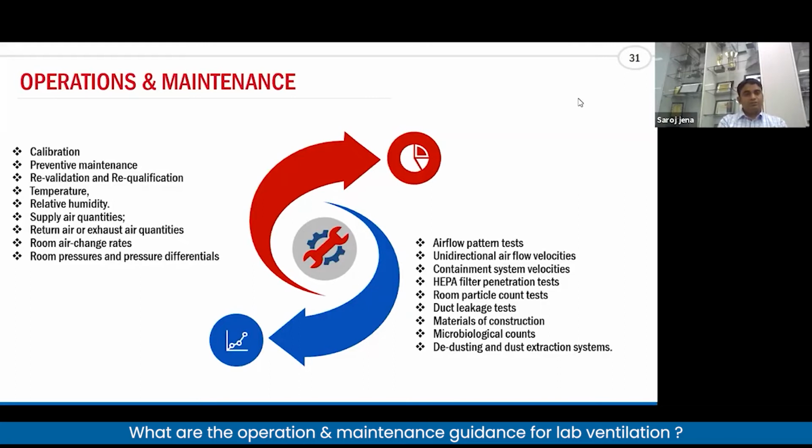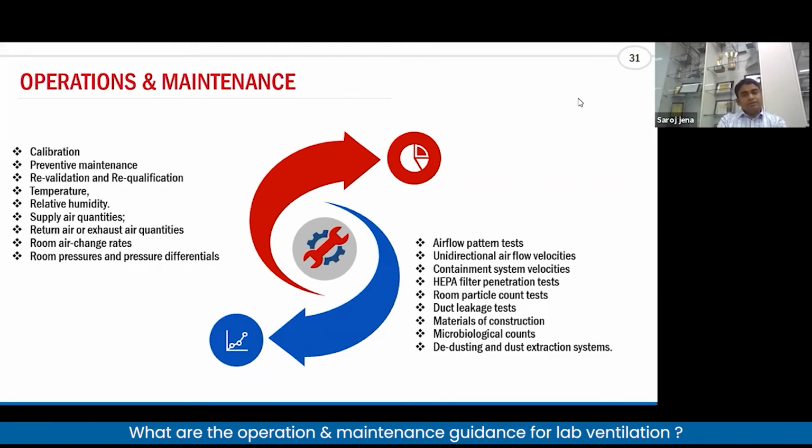Yes, all the temperature is monitored. In the same way, you check the relative humidity and differential pressure. These are all things you need to check. And supply air quality and air quantity: what quantity of air are we looking for inside? Some tests name the air changes or air velocity, which you should have to change.